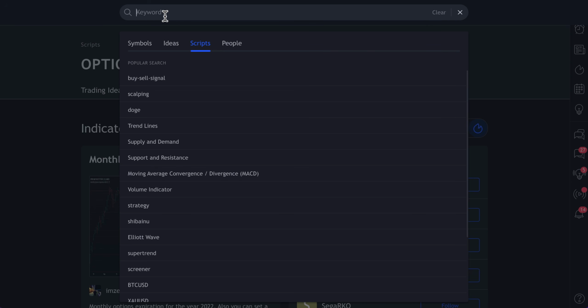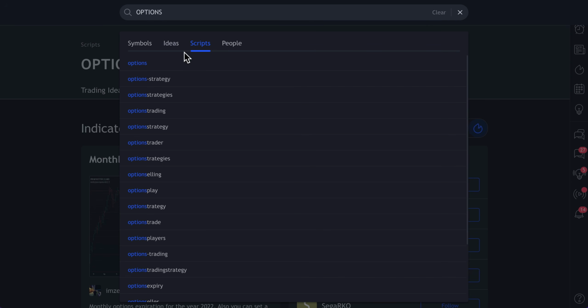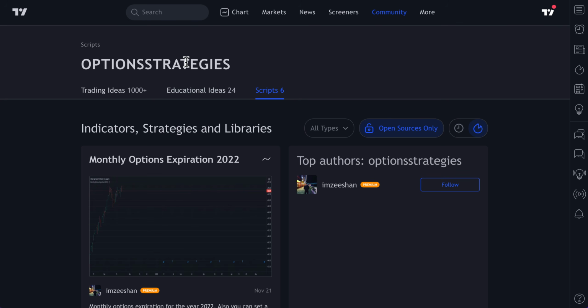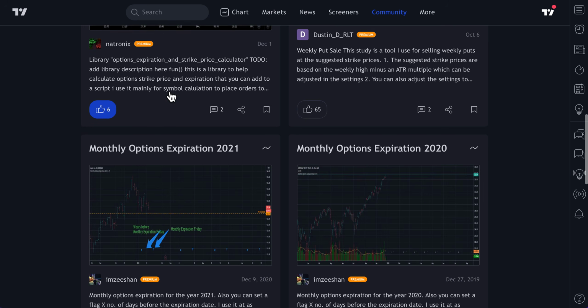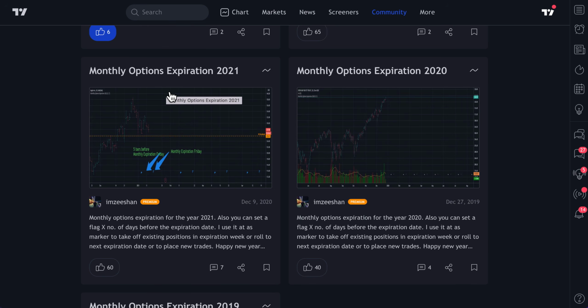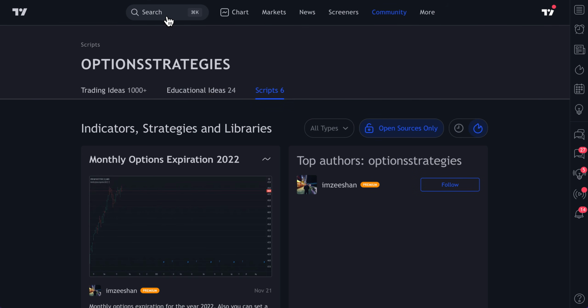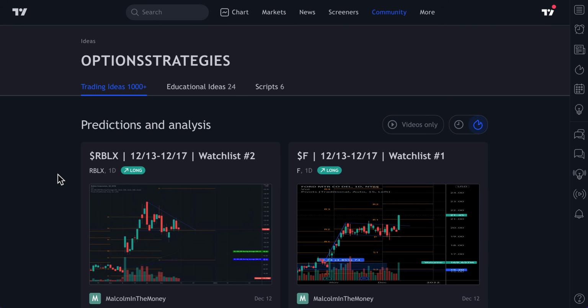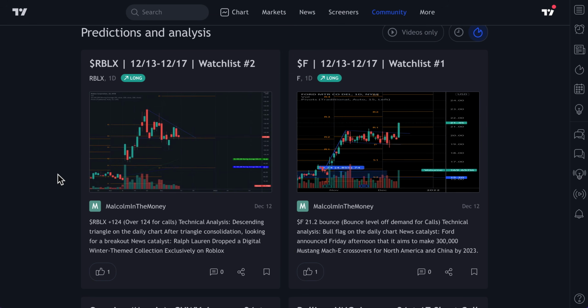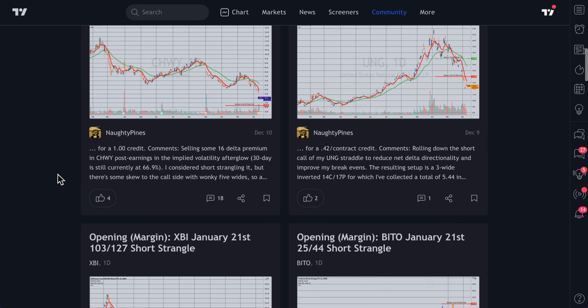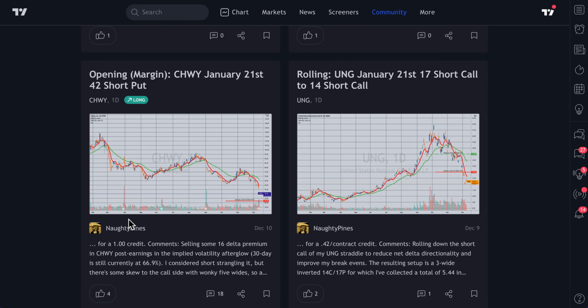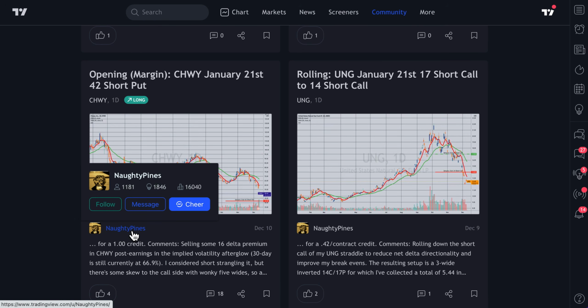As we mentioned, go up to search, type in options, and now you'll see all of the different options, indicators, and strategies that you can search by. We're going to click option strategies, and as you scroll down, you might see a few similar ones from the last search, but this just shows you how you can narrow it down. And if you do click trading ideas, for example, this now will find every trading idea that mentions options. So if you're looking even for different options trading ideas from Naughty Pines, for example,